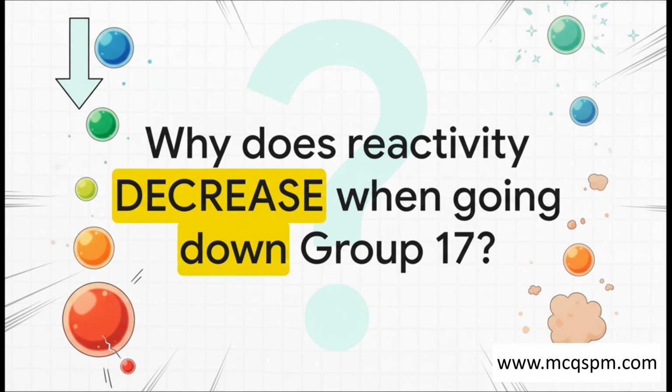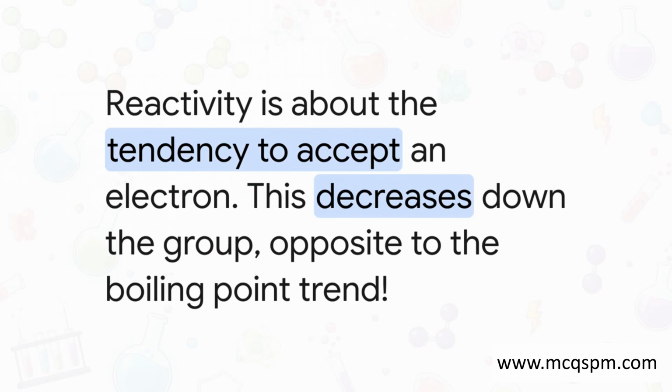Let's tackle another one, this time on chemical properties. Why does the reactivity of the halogens actually get weaker as you go down the group? Now, you've got to notice the contrast here. This trend is the complete opposite of the boiling points. Boiling points go up, but reactivity goes down. Why? Well, it's because reactivity for a halogen isn't about how well it sticks to its neighbors, it's all about